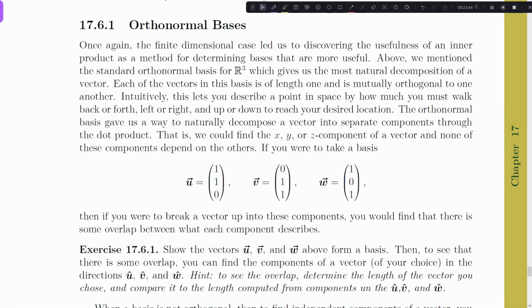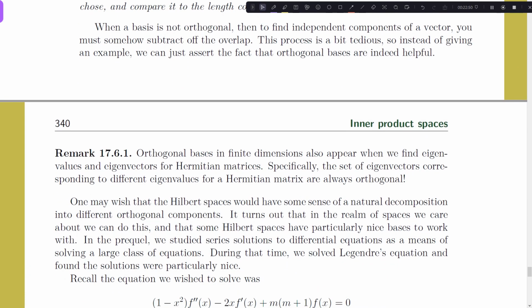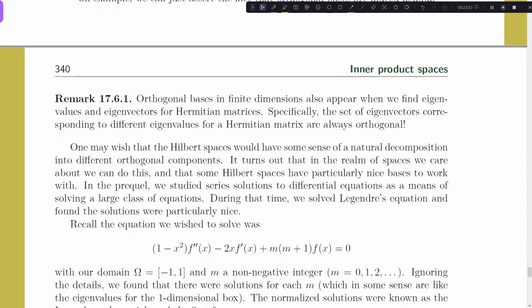It's just not orthonormal. So jumping back to the book, right, there's the exercise. Show that they form a basis and then show that they're not orthonormal. The remark is pretty nice. So orthogonal bases in finite dimensions will appear if we find the eigenvalues and eigenvectors for Hermitian matrices. Now, what does Hermitian mean? I'm not entirely sure if you all recall what a Hermitian matrix is. This is a matrix for which M transpose equals M. So a matrix, when you transpose it and it equals itself, that will give you an orthogonal basis,